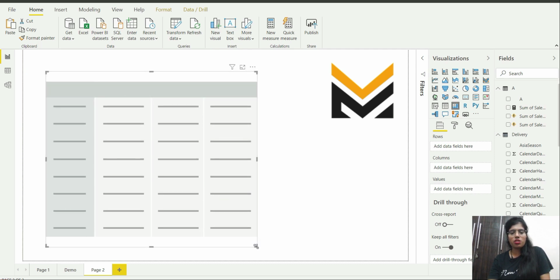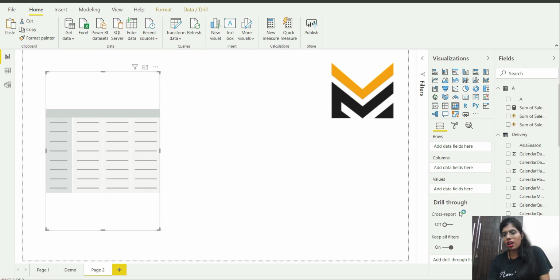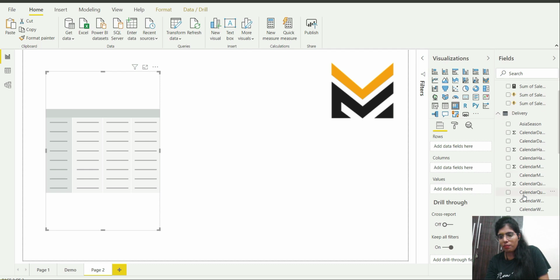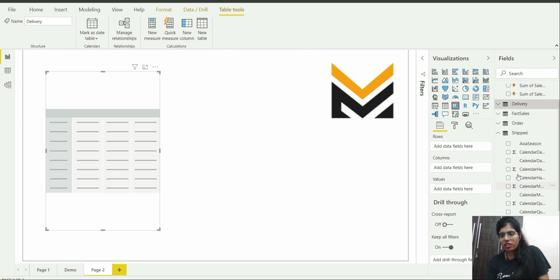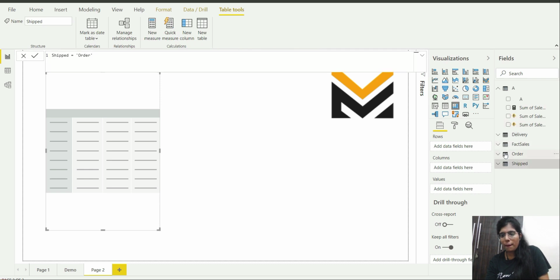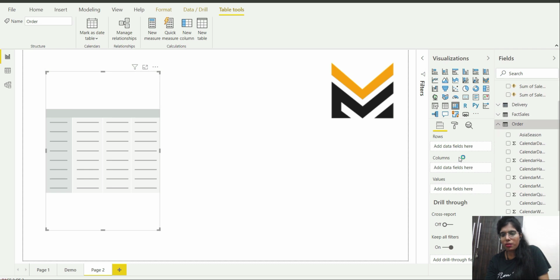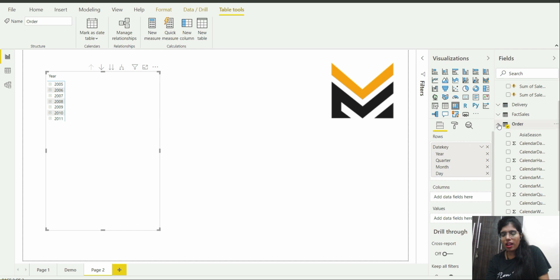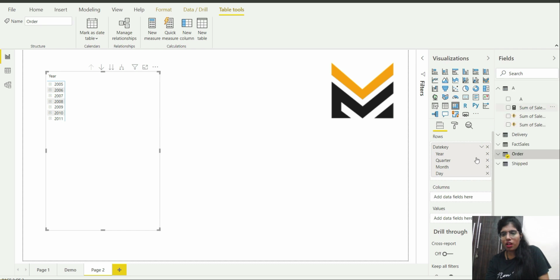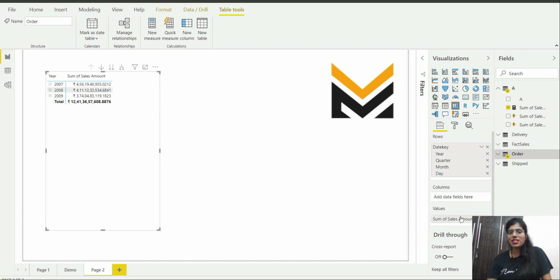First of all, I'll bring the date key of order date, and I'll bring date key from here to rows, and I am going to bring this sum of sales amount measure over here,